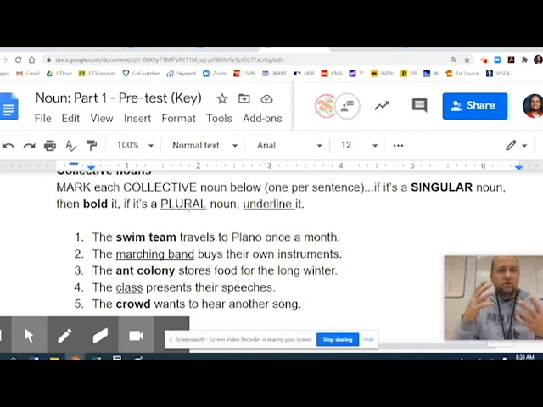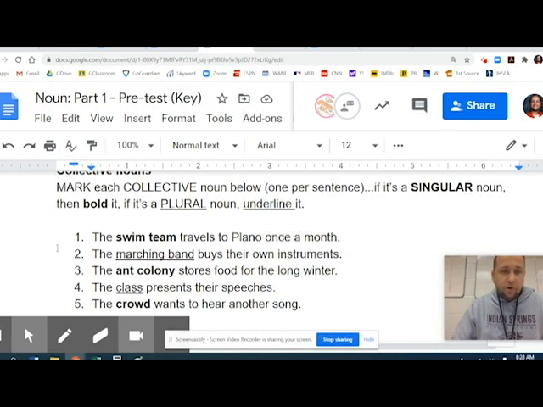And so that's the tricky part with collectives. You've got to figure out, are we talking about multiples or just one of that thing? Even if that one thing deals with a bunch of other people and entities, which the swim team would have, a bunch of people, but it's just one team. If it said, the Atlanta swim teams traveled, well, then that's going to be a lot more of them. So that would be plural. But